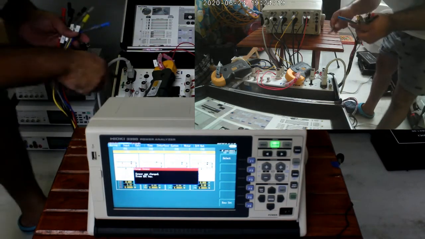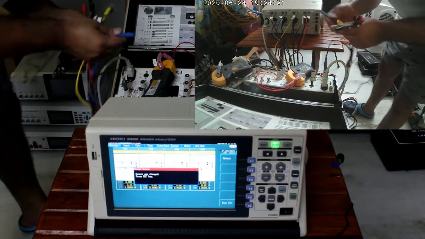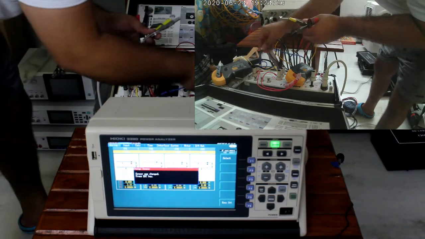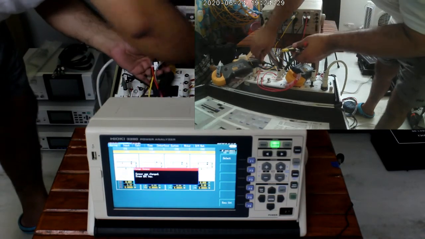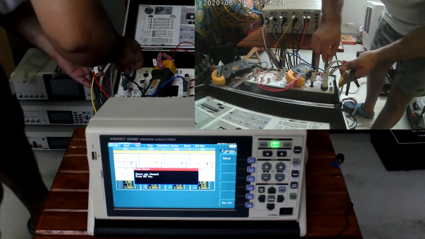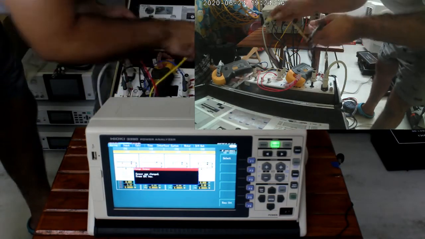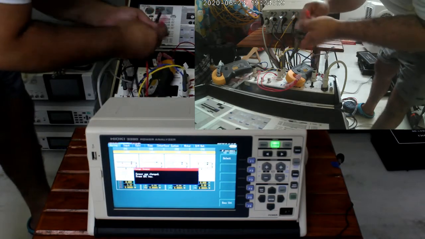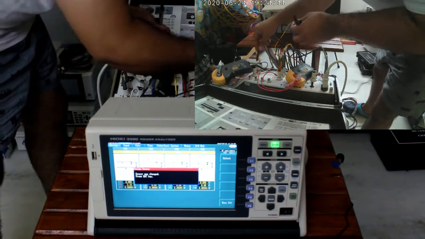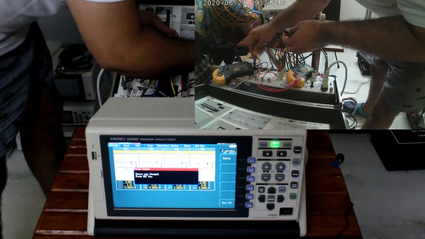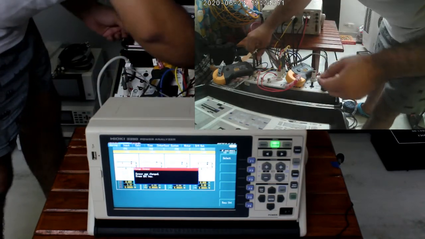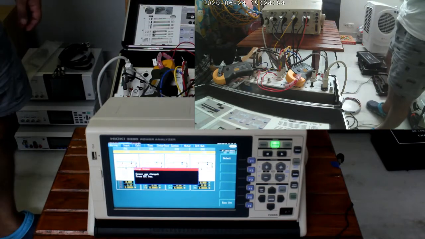And similarly we can do this on the demo jig. Right, we have made the connections.